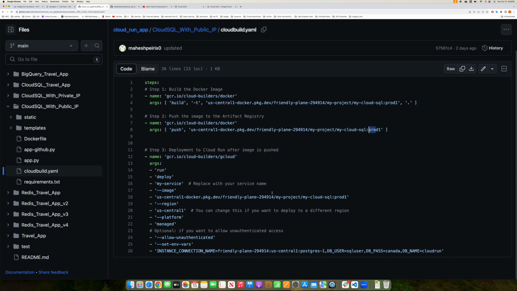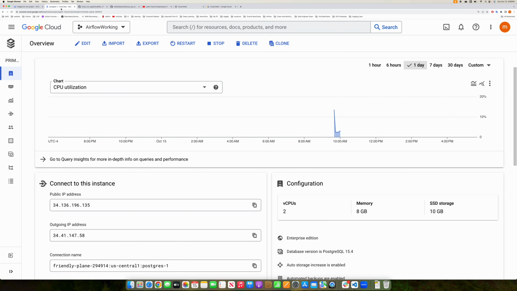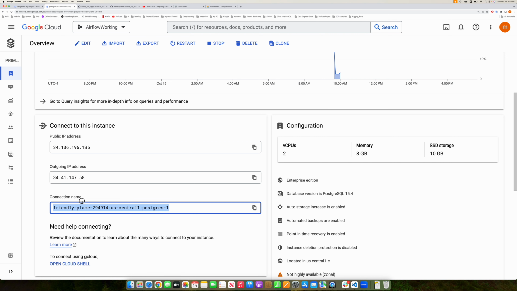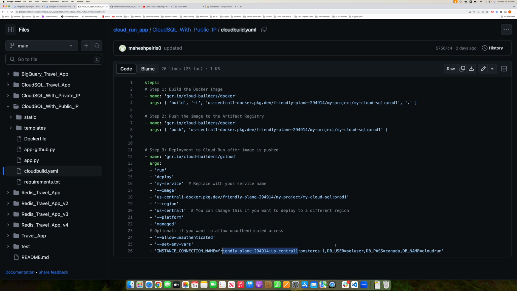And make sure in this Cloud Build file you change this variable. So this is the instance connection name. You can find it from here. This is the instance connection, your instance name and the region. Make sure you change that, and then give the username and password and the database name, because those variables will